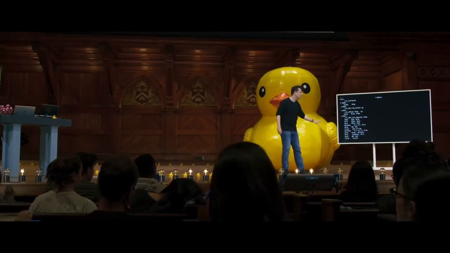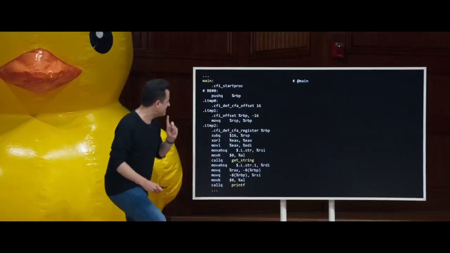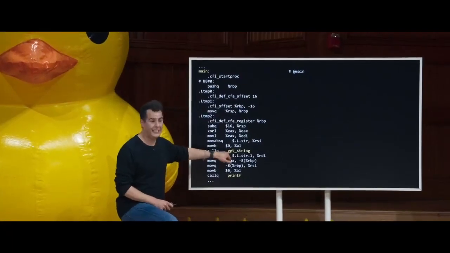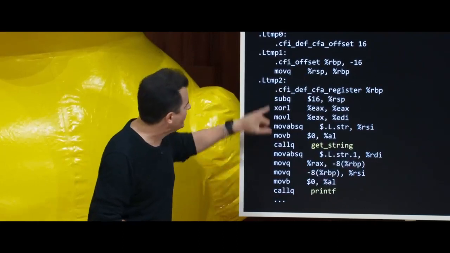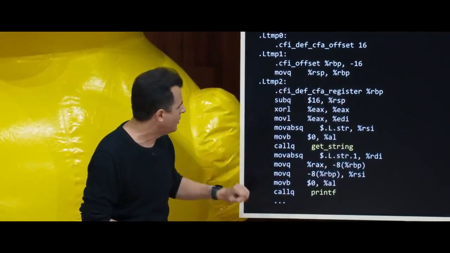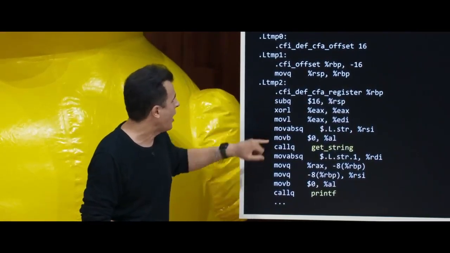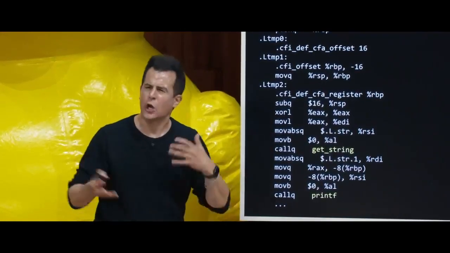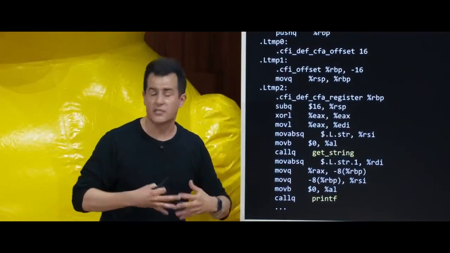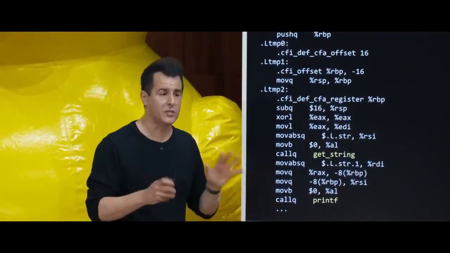And even though this looks very esoteric, there's at least some juicy things in here. If I highlight, getString is mentioned in this code, printf is mentioned in this code, and even some of these keywords here that are spelled a bit weirdly, this relates to subtracting and moving something in memory and calling a function. So there's some semantics that are probably somewhat familiar, even though this is not code we ourselves will write.